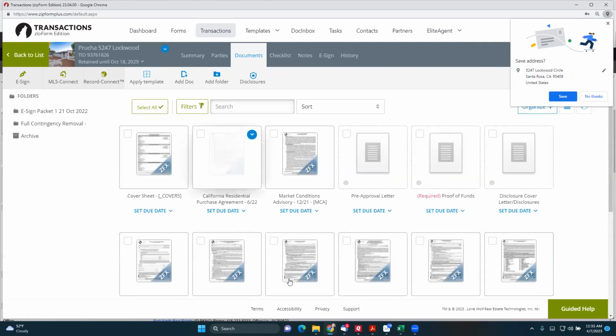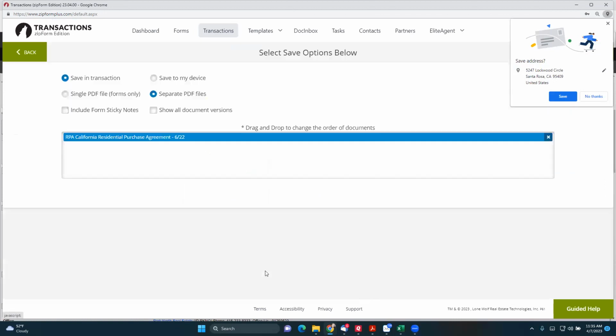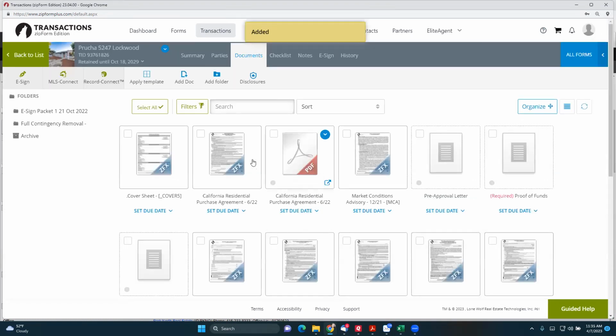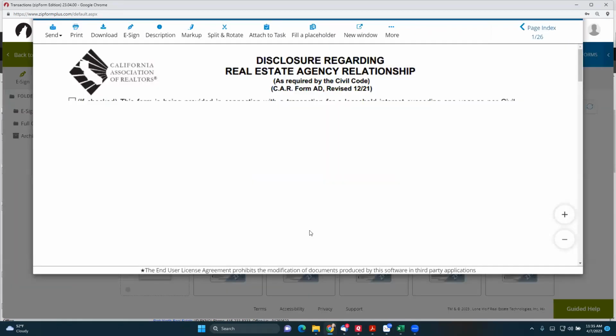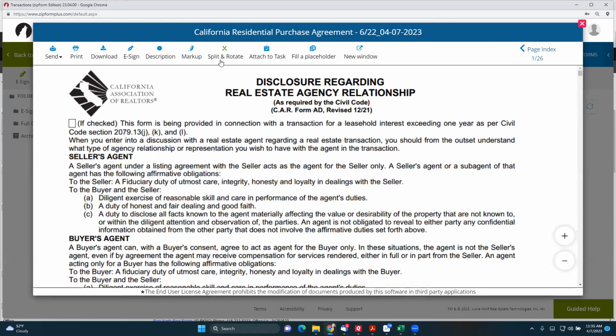Okay, I'm going to do the same thing. Click on the RPA, select it, come up here to save as PDF, and then top right is save. That should work just fine. Right next to it is going to create that PDF. Then you can actually open the PDF. Slowly, and you'll see once a PDF is open, right up at the top here, it says split